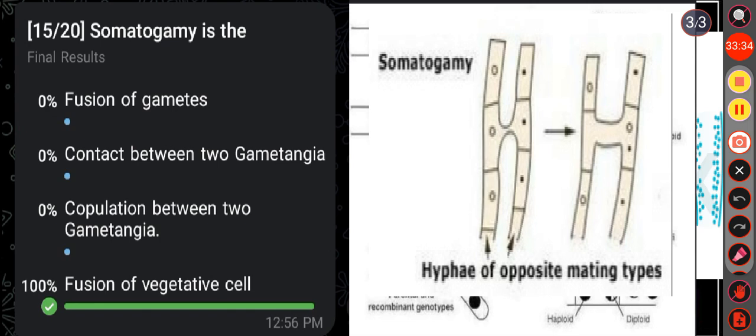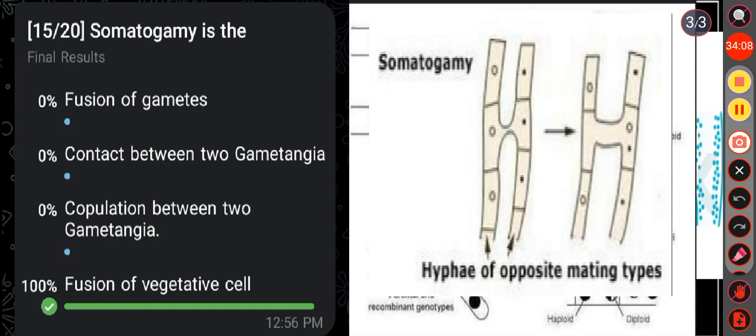So somatogamy is the fusion of two somatic hyphae forming a dikaryotic cell. This is a common process in higher basidiomycetes. For example, in mushroom, the fusion of hyphae from opposite mating types results in dikaryotic hyphae which then produce the basidia. So, somatogamy is a reduced form of sexual reproduction often found in fungi like basidiomycetes where specialized sex organs are